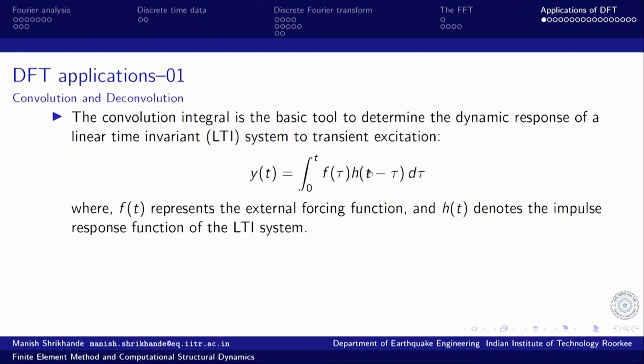So, what we are doing here is we will first fold the impulse response function about the origin. That gives us h of tau mapped to its mirror image, h of negative tau, as a function of negative values of tau, and then it is shifted by the parameter t.